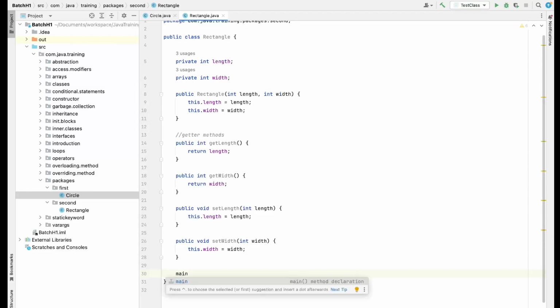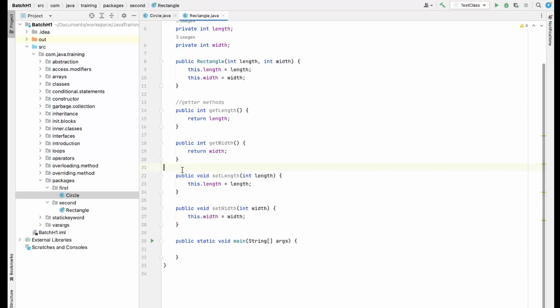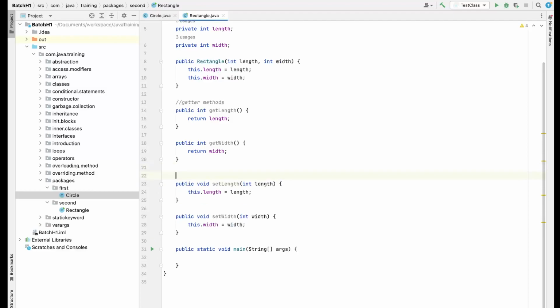This topic is getters and setters. This is not in packages, but I'm just demonstrating it so that it becomes easy for you. We'll be using this a lot while we create Spring Boot projects, but I'm already giving you some background of the getter and setter methods here. This is a setter method. So let's go ahead and try to create an